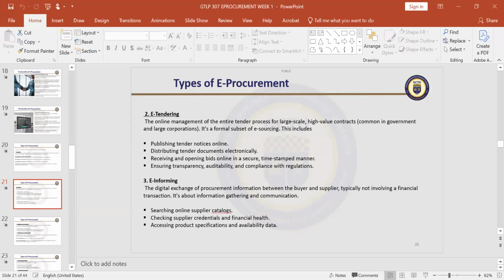Okay. But if you go to this government institution or big institutions, what they do is that they open the bid, they open tender. You go and buy tender forms. And then when you go and buy tender forms, it gives you the opportunity to bid.